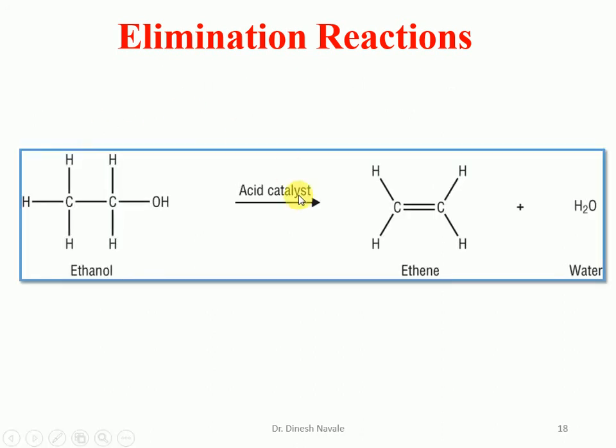So this is the same acid catalyzed dehydration. So removal of the water molecule and we are going to get ethene and water. So that means in the last slide we have discussed the characteristic that two sigma bonds are going to break, like carbon-H and carbon-OH sigma bonds, and one pi bond is going to be formed. A saturated molecule will be converted into the unsaturated, and one starting material will be converted into two products like ethene and water, out of which one is major and one will be the byproduct.